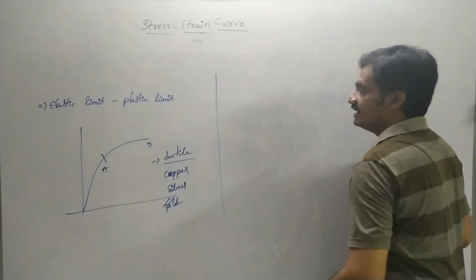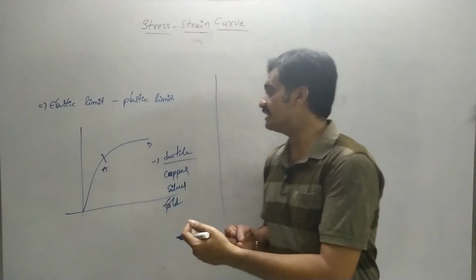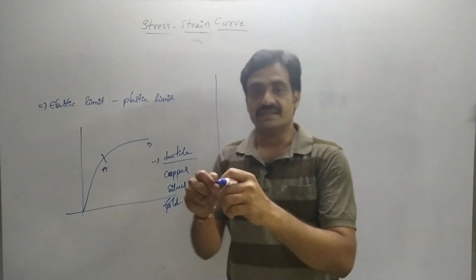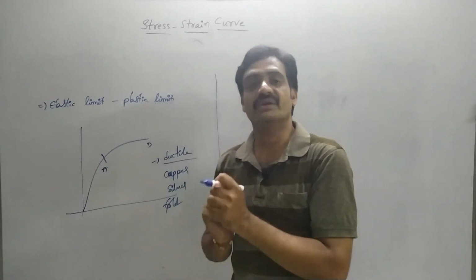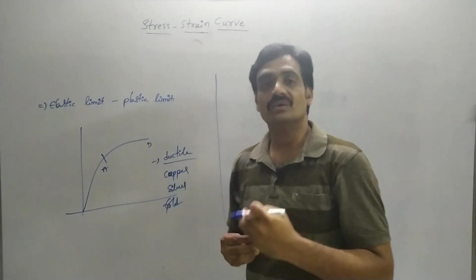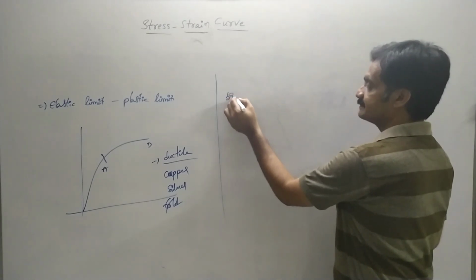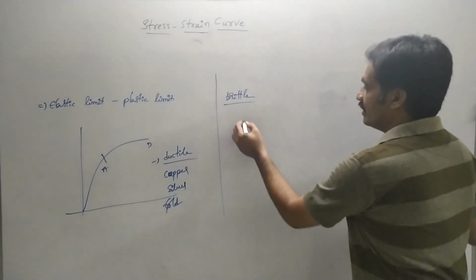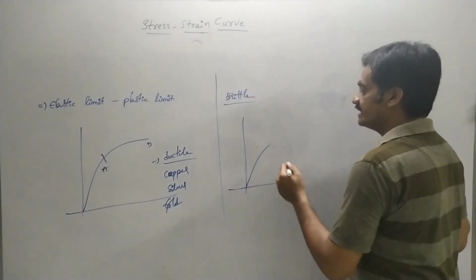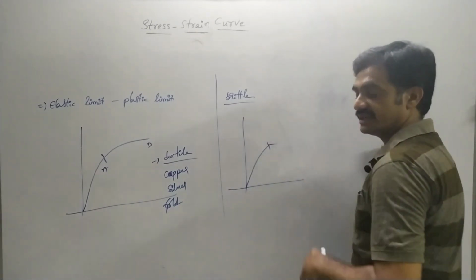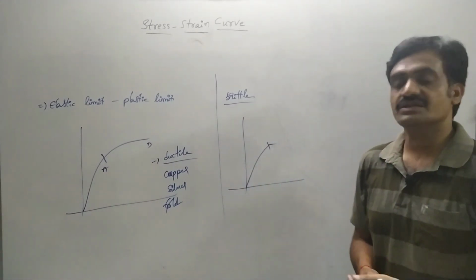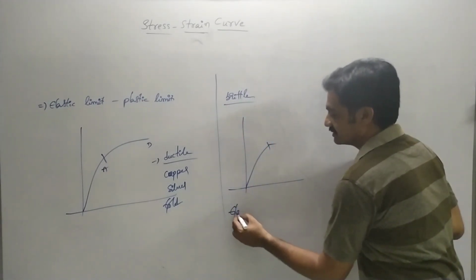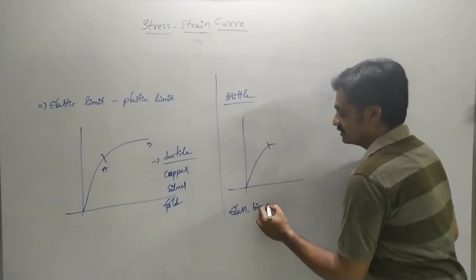Whereas if the deformation between the elastic limit and the plastic limit is less, consider a biscuit: by applying a small amount of force it will break. Such materials are called brittle materials. Brittle materials means after crossing the elastic limit, the wire will automatically break. It cannot deform its shape. Such materials are known as brittle materials. Example: glass, etc.